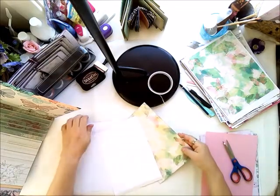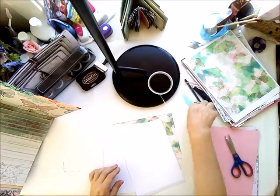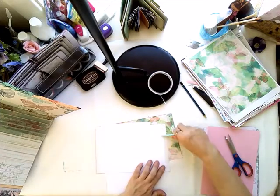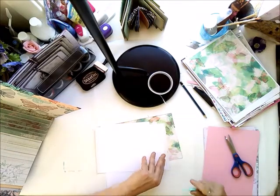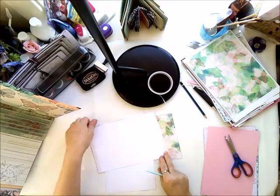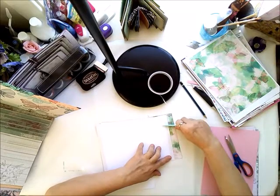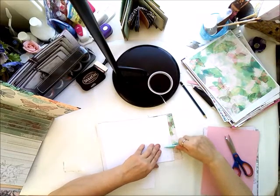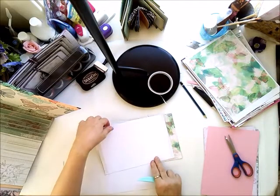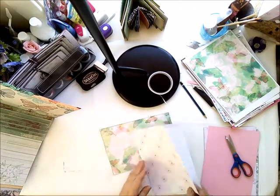Now I will take my bone folder and burnish this so that it's really well adhered to this cardstock. This is the weight about 100 or 110, and it is recycled cardstock. Because I have a shape, I will have to